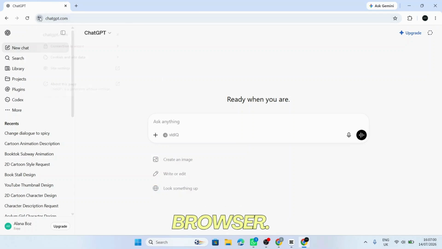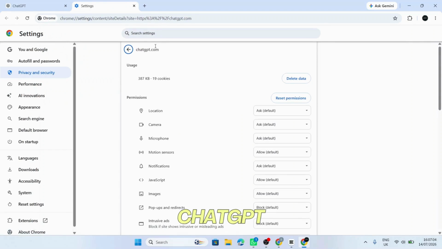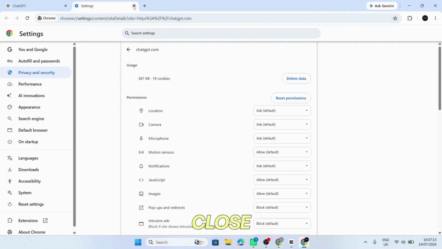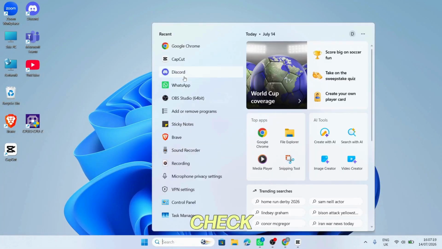Next, go to your browser's site settings or see all site data and permissions, search for chatgpt.com and openai.com, then delete the stored site data for both. This removes any corrupted website data that could be causing the problem. Now close your browser, then open it again, sign back into your ChatGPT account and check if the sidebar is